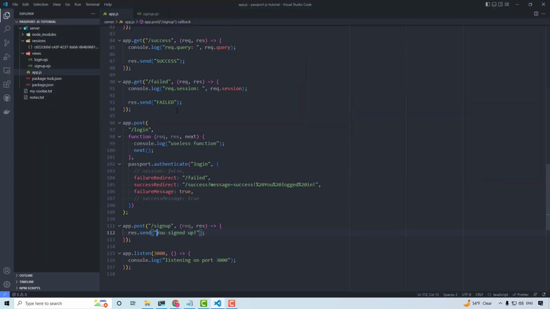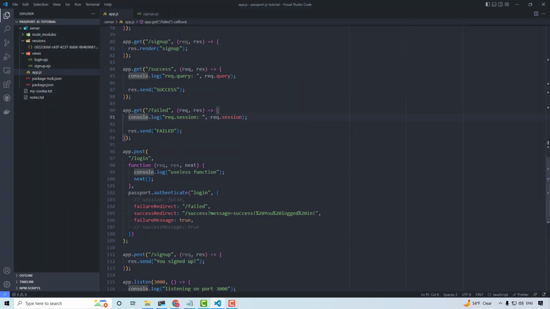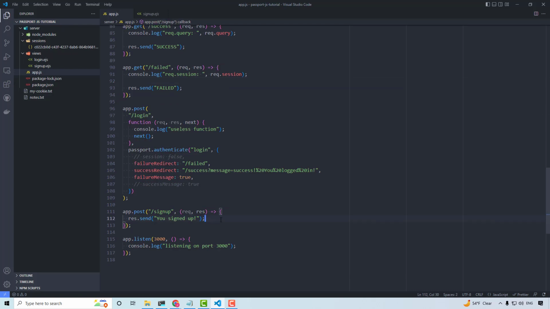So we have our sign up form, and we have our success and our failed routes. So I think those are already kind of generic. So let me see. Yeah, failed just says failed, and success just says success. So that's good, and we could update the query and or the session to give a more specific message if you want. But what we're going to do is we're going to make this post sign up instead of just sending,